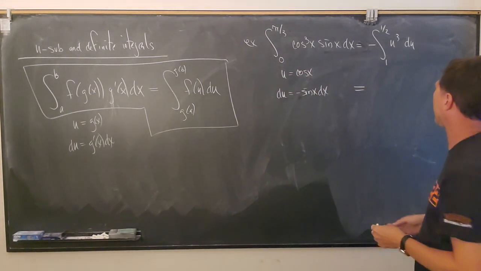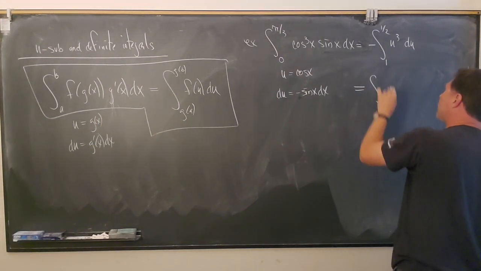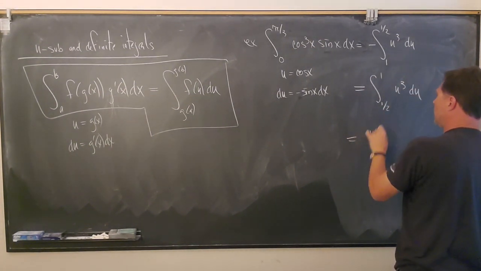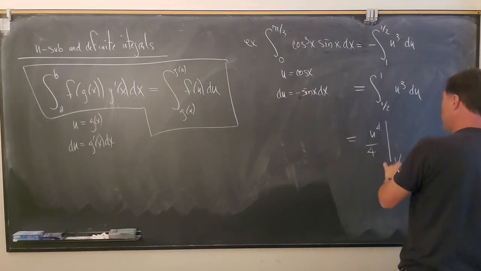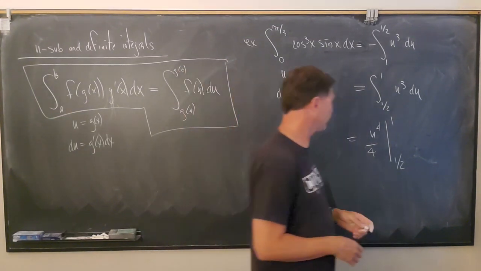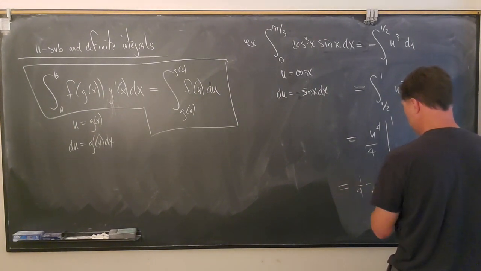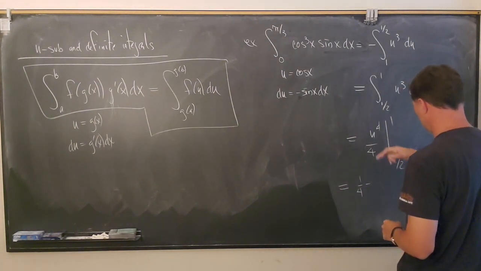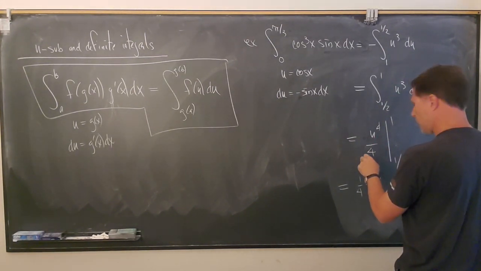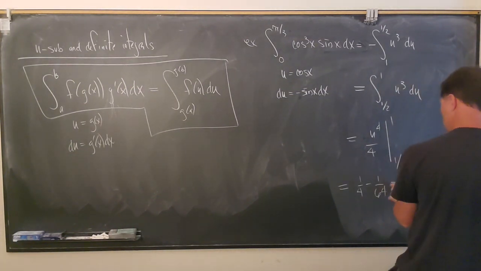If I can avoid a minus sign, I will. So remember, if you flip the limits, you get rid of the minus sign. This will be an integral from 1/2 to 1 of u cubed du. That's going to be u to the 4th over 4, and now we evaluate from 1/2 to 1. So that's equal to 1/4 minus 1/16 times 4, yeah, 1/64. And so I guess we get 15